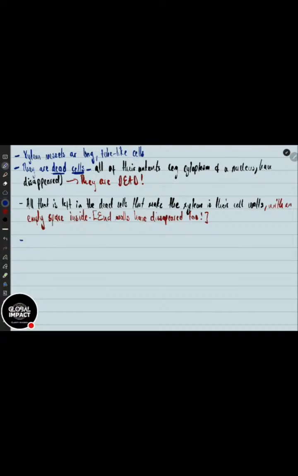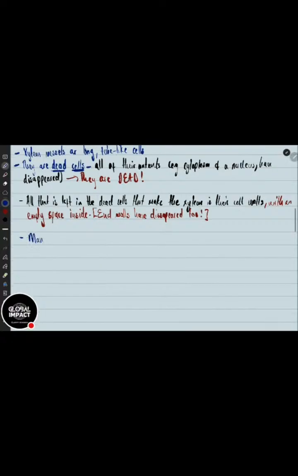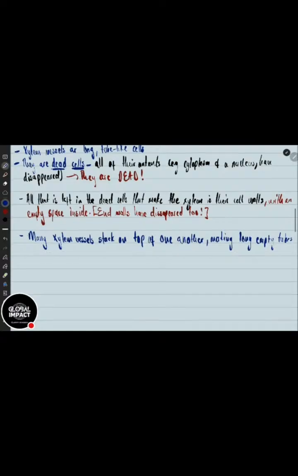Many xylem vessels stack on top of one another, making long empty tubes that run